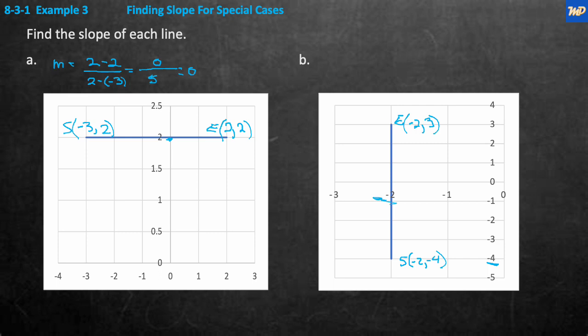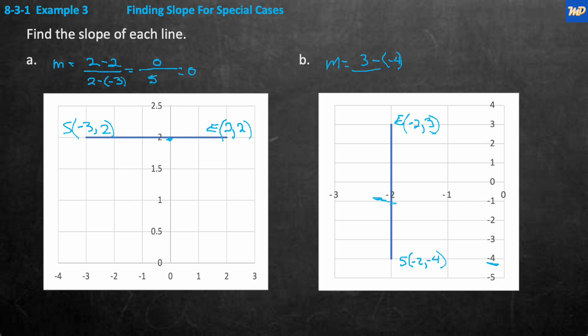From here, the end point minus the start point, we can find the slope. So again, I'm going to use m as that slope. m is equal to the ending y value, 3, in the numerator, 3 minus the starting y value, which is minus 4,